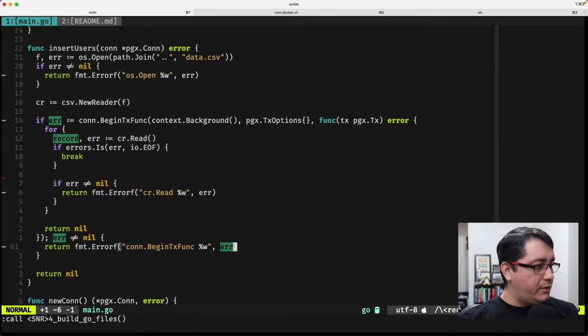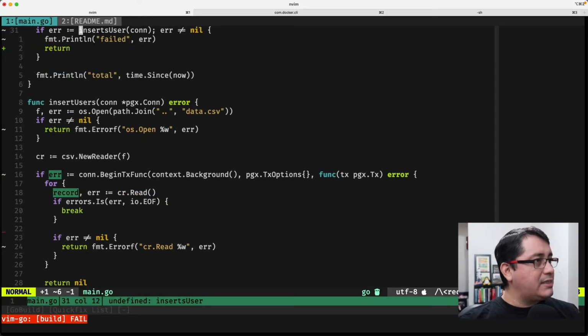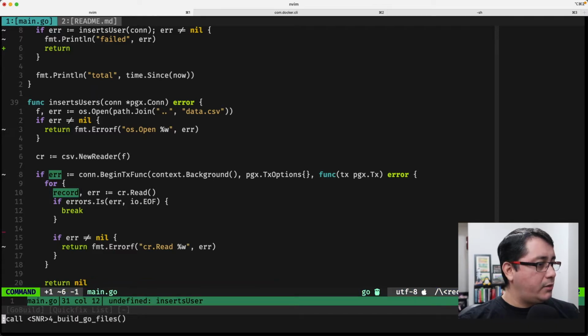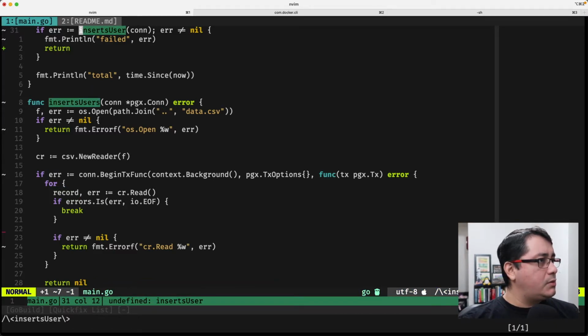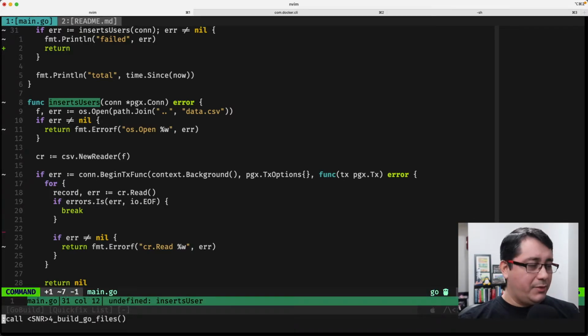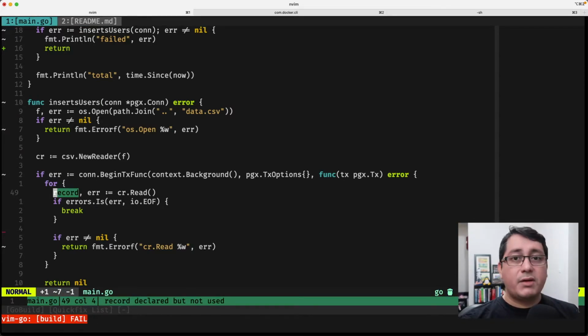If I compile this, there's an error, insert users, and this is because I missed an S right here. So I compile, it says insert users. There you go. I missed two S's. Now, record is declared and not used. Okay, I know why this is failing, because we need to use this variable for actually inserting the records